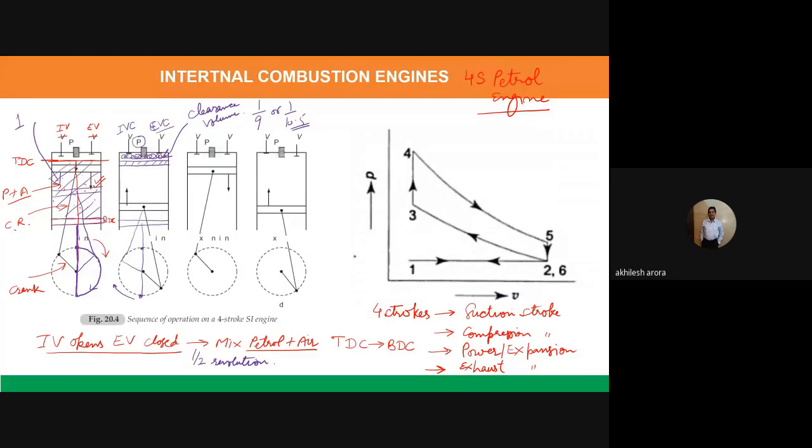Now, the compression has taken place during the second stroke. Once again, it's a half revolution, as you can see from here. This is the motion of the crankshaft. Earlier, the motion of the crankshaft was from here to here, this much, and now one complete revolution of the crankshaft has taken place. So that means there is a rotation of 360 degrees.